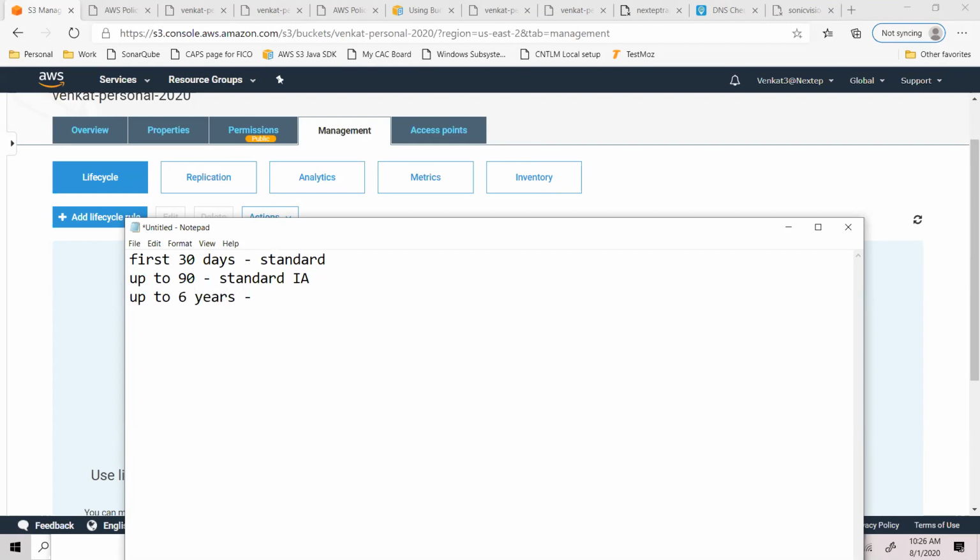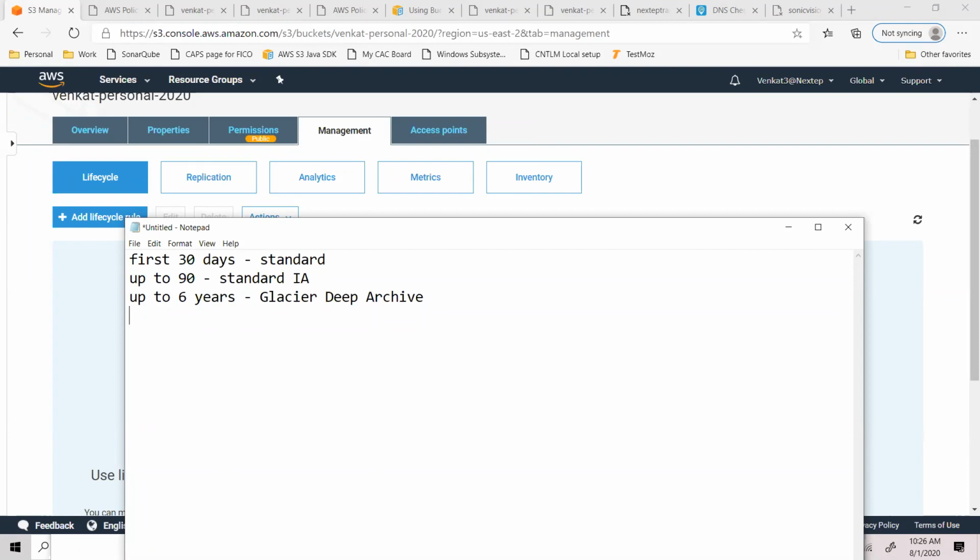I want to put it in Glacier Deep Archive because I want to save my cost. With Glacier Deep Archive, it's there for archival reasons. It's the cheapest archival storage service that's available probably in the world. Okay. So I will keep it there, but I know when I need it, I'm not going to get it within seconds. Just by making a REST call, I don't get it. Nope, I'll have to make an initiation and then it takes several hours. It could take up to 12 hours.